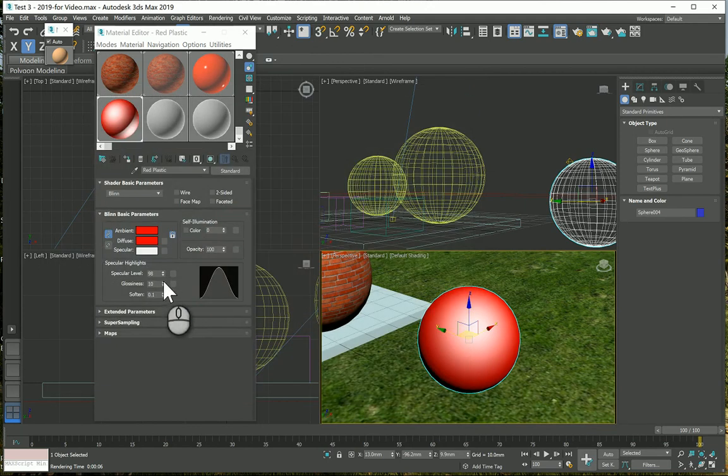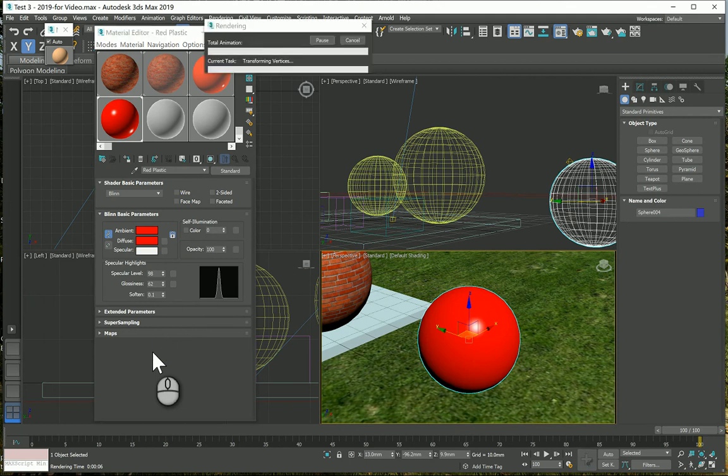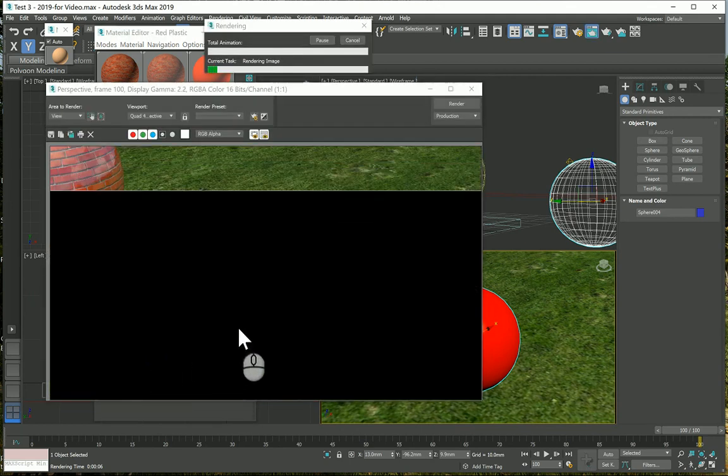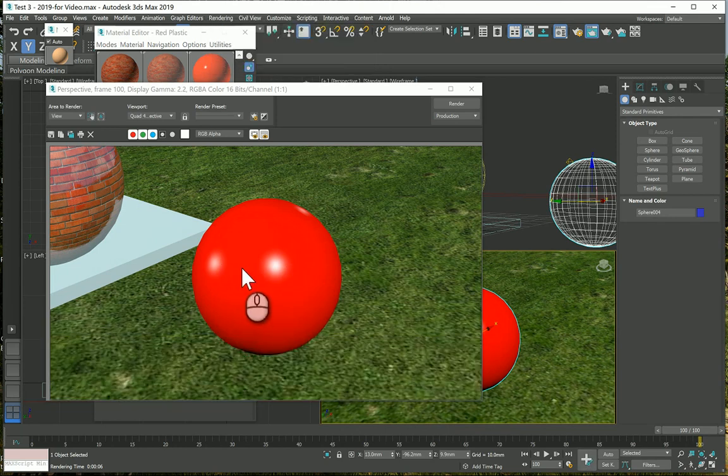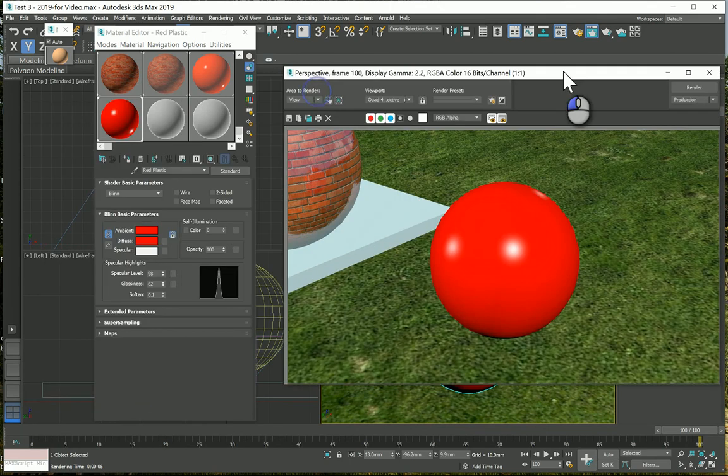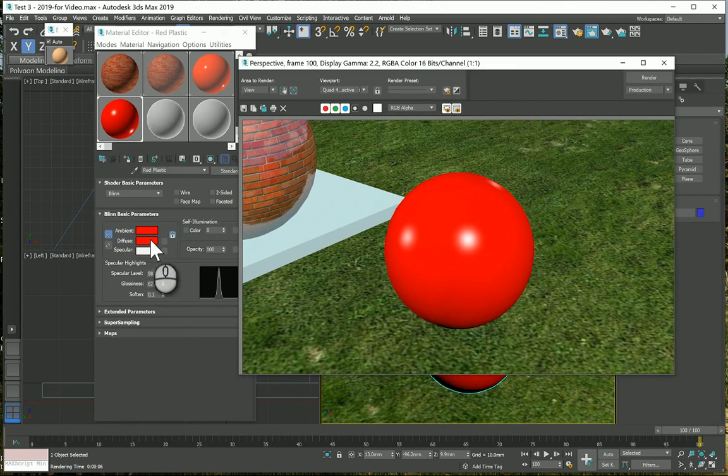If you want to make it really a billiard ball, or a very glossy element, increase the glossiness value and then hit Shift and Q again, and it will start to reflect even the light sources available around you, which is the 3 lights, as you can see in the tri-lighting system that we talked about. So this is a very basic way, which is diffuse with a high specularity and high glossiness, like 60 or 70 with 100, to create a shiny